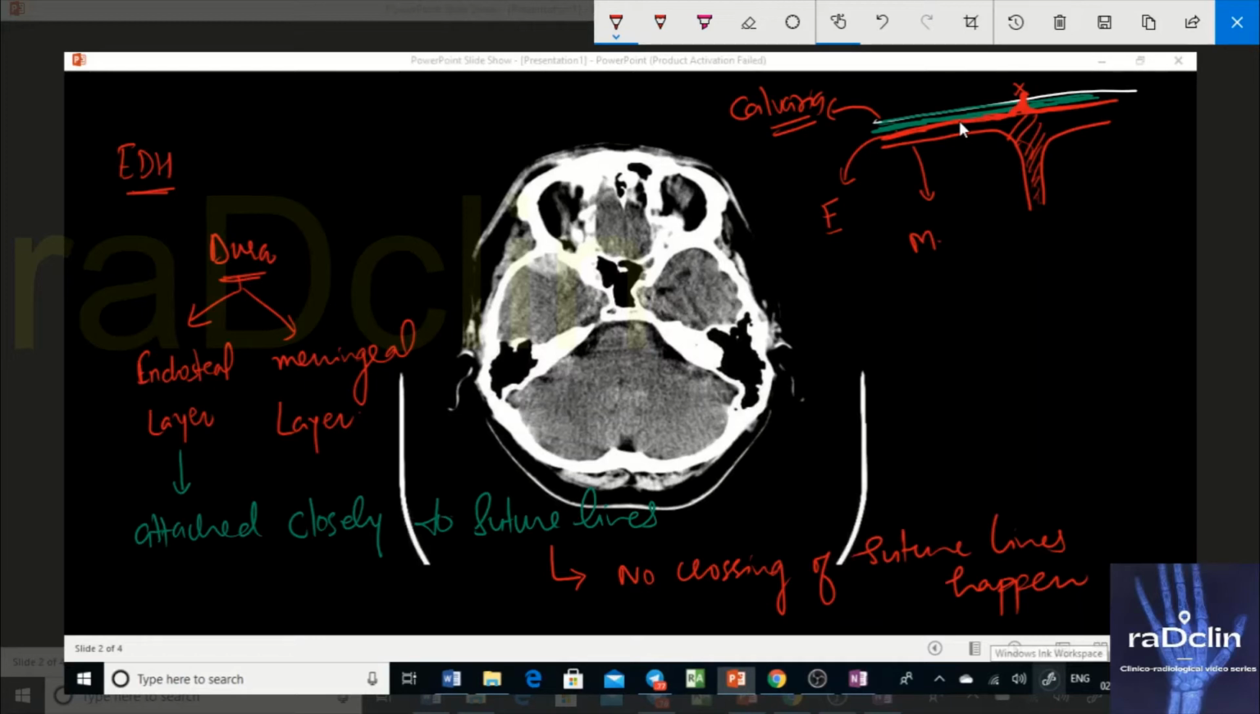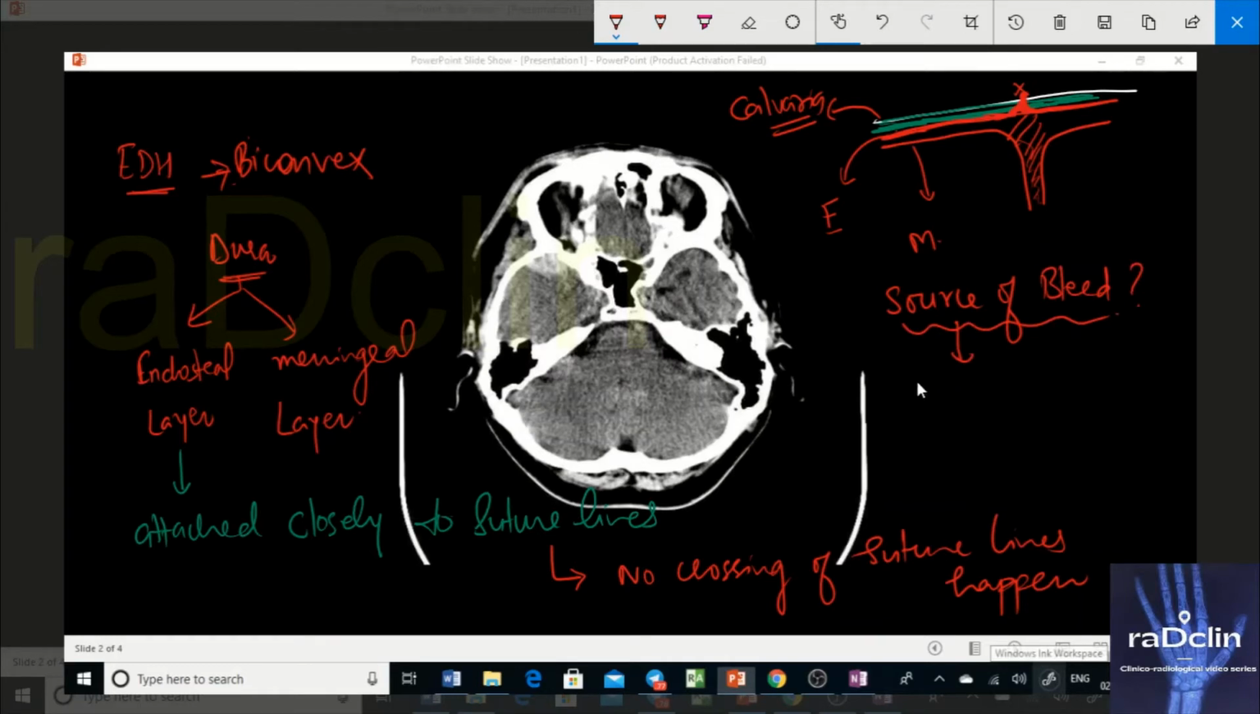Now forget that SDH right now, but another important point. We have a biconvex extra-axial bleed density, and that tends not to cross the suture line. Okay. Now the important point is that once we know this basic thing, if you ask me what is the source of bleed here? Okay, source of bleed. So the source of bleed in typical EDH that we have read is mostly